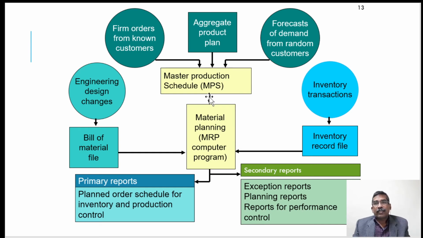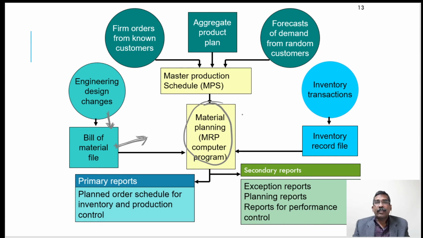So this is just like a framework of the MRP system. This is the MRP computer program, and what types of inputs are required for this MRP system? This is the bill of material. Bill of material means the requirement of all the different components, and the specifications or different details of the components will be mentioned in the bill of material, and it comes from the engineering design changes. That means the designer or manufacturer gives the details of the products and the specification of all the components